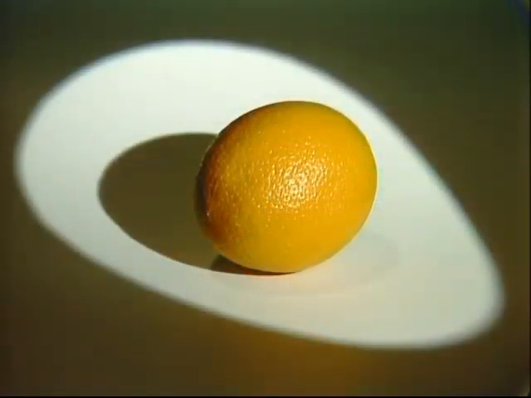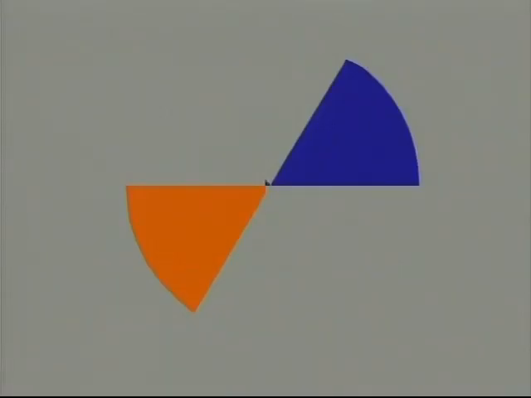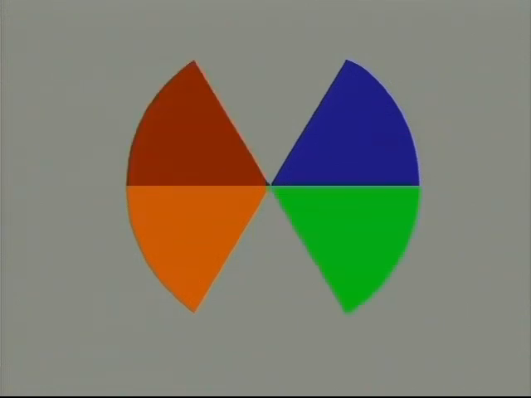To better understand complementary colors, consider this simple demonstration. An orange appears normal under white light. If the color of the light is changed to orange, the object still has an orange color. But under blue light, the complementary color of orange, the fruit appears black. No color is being reflected in this case because all the wavelengths of the blue light are being absorbed. Besides blue and orange, other pairs of complementary colors are red and green, purple and yellow. These are often depicted by a color wheel.